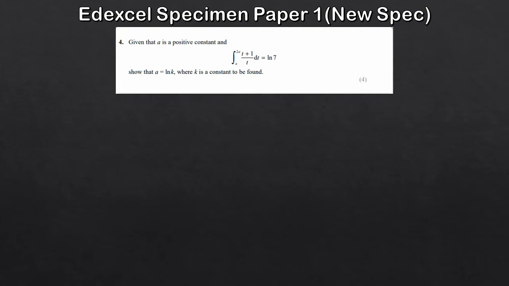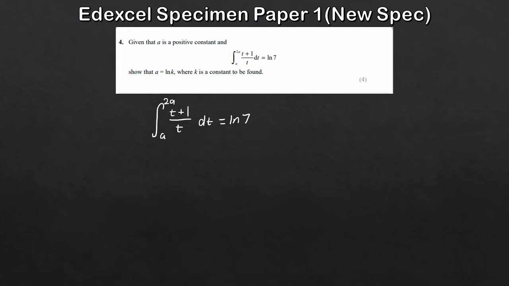Next question now, again taken from the specimen paper for the new spec. We've got this integration here. So we're integrating t plus 1 over t between 2a and a with respect to t. Now we're told this is equal to ln 7, so we want to show that a is equal to ln k, where k is just a constant. So